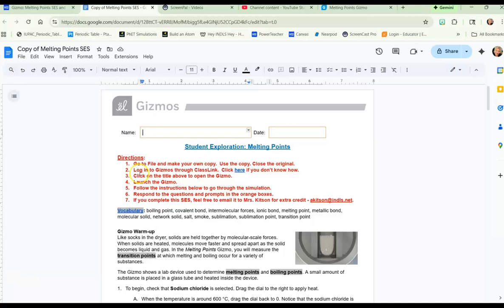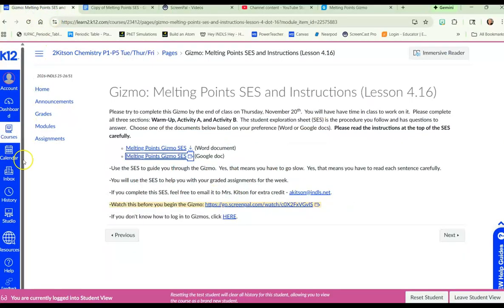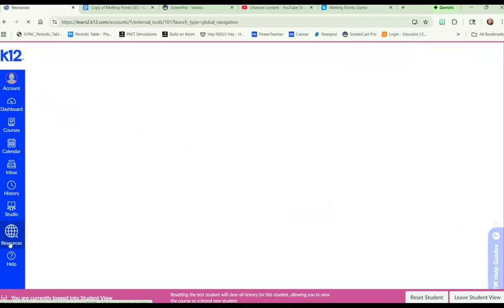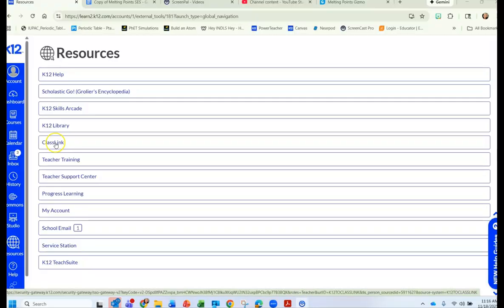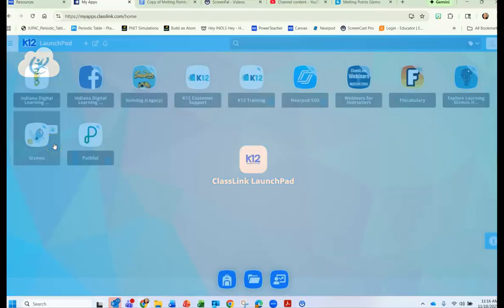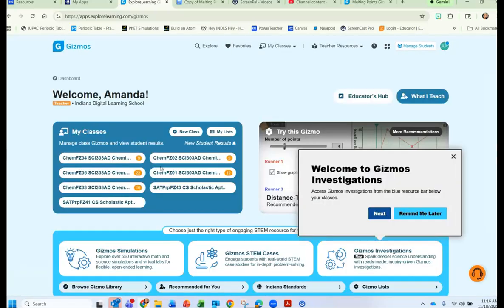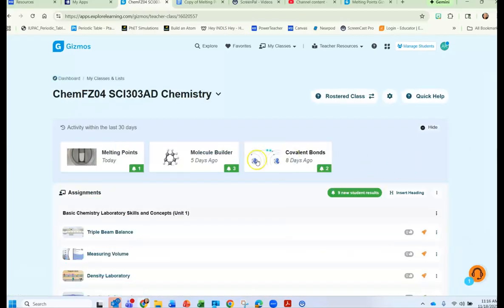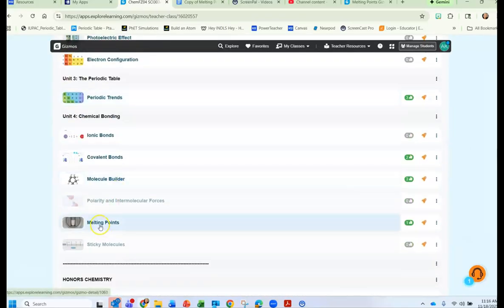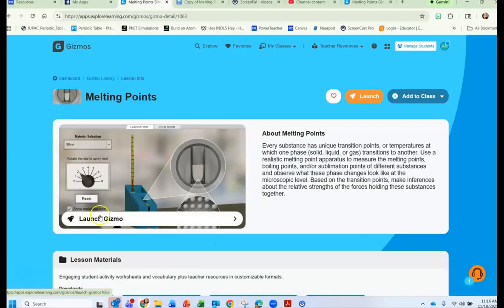So now we are on number 2. I'm going to log into Gizmos through ClassLink. If you don't know how to do that, you can click here, but I'll show you. I'm going to go back to Canvas, Resources. From Resources, click on ClassLink, and then look for your Gizmos link. Open that up. Find your class. When you find your class, just look for my name, Mrs. Kitson. It'll say chemistry in the name of the class. Scroll down, look for the melting points gizmo, open it up, launch it,